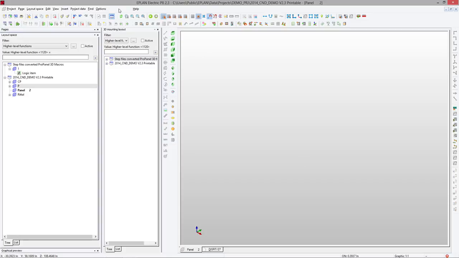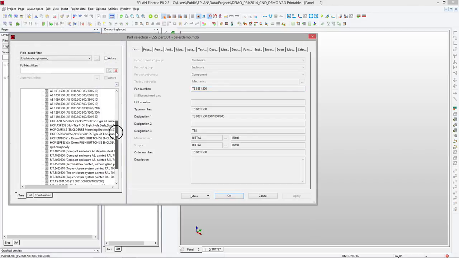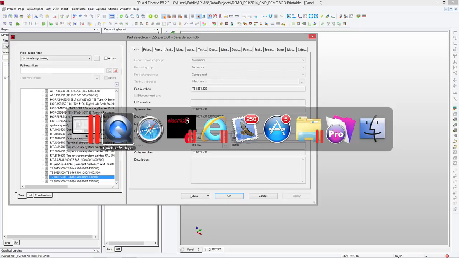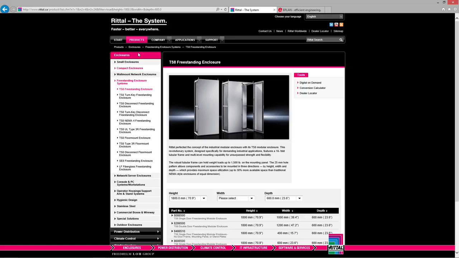Now inside this panel, I'm going to insert some enclosures. We do have some enclosures here already. You may find an enclosure that you're looking for, you may not necessarily find it. If you're looking for a specific size, I recommend you go to the Rittal website. You look for your specific size on the website, right? And once you have selected it, you have your part number,